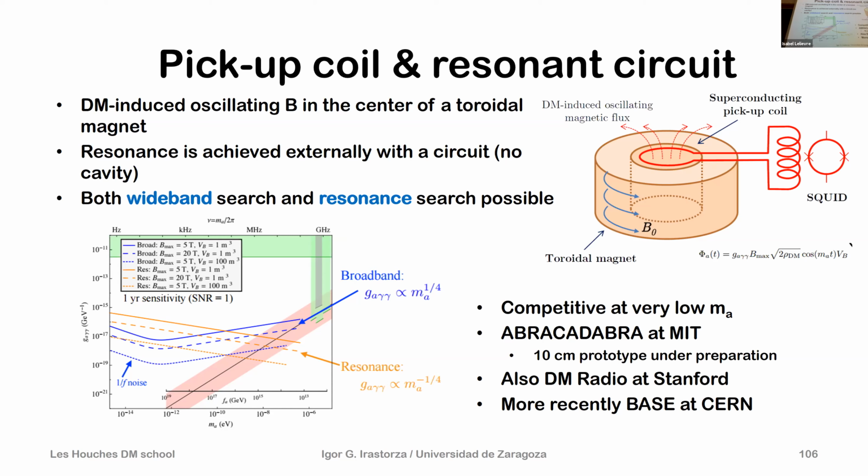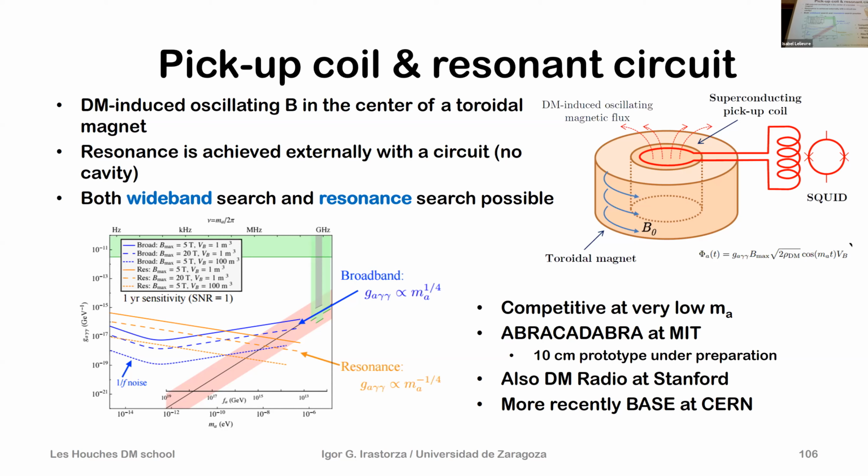One could aim to just put a pickup coil in a strong magnetic field in such a way that you can pick up the signals induced by the axion in that magnetic field, and also get some resonance, not by physically resonating the mode in a cavity, but with a circuit. So there are several implementations of this generic concept of using a pickup coil and resonance circuit,